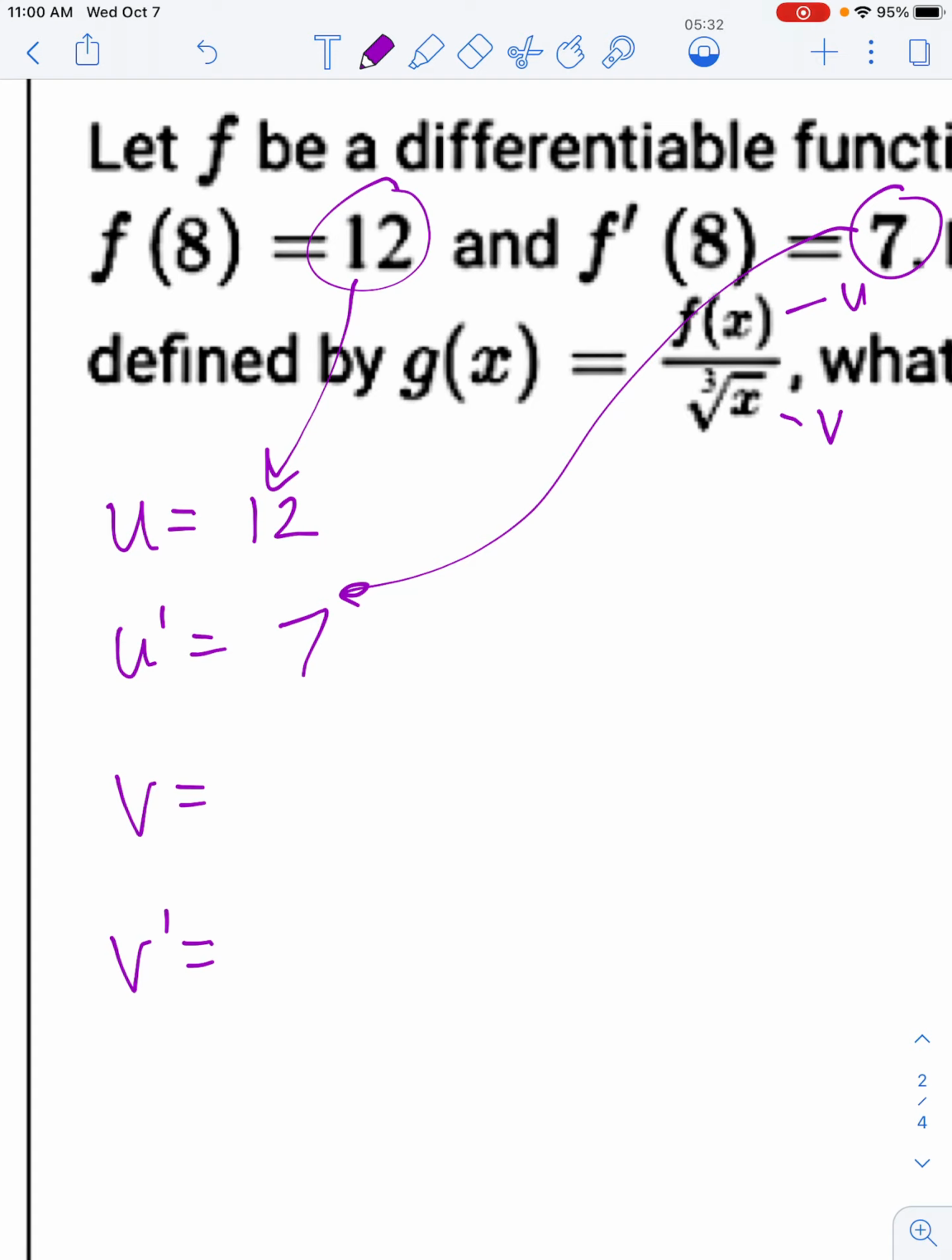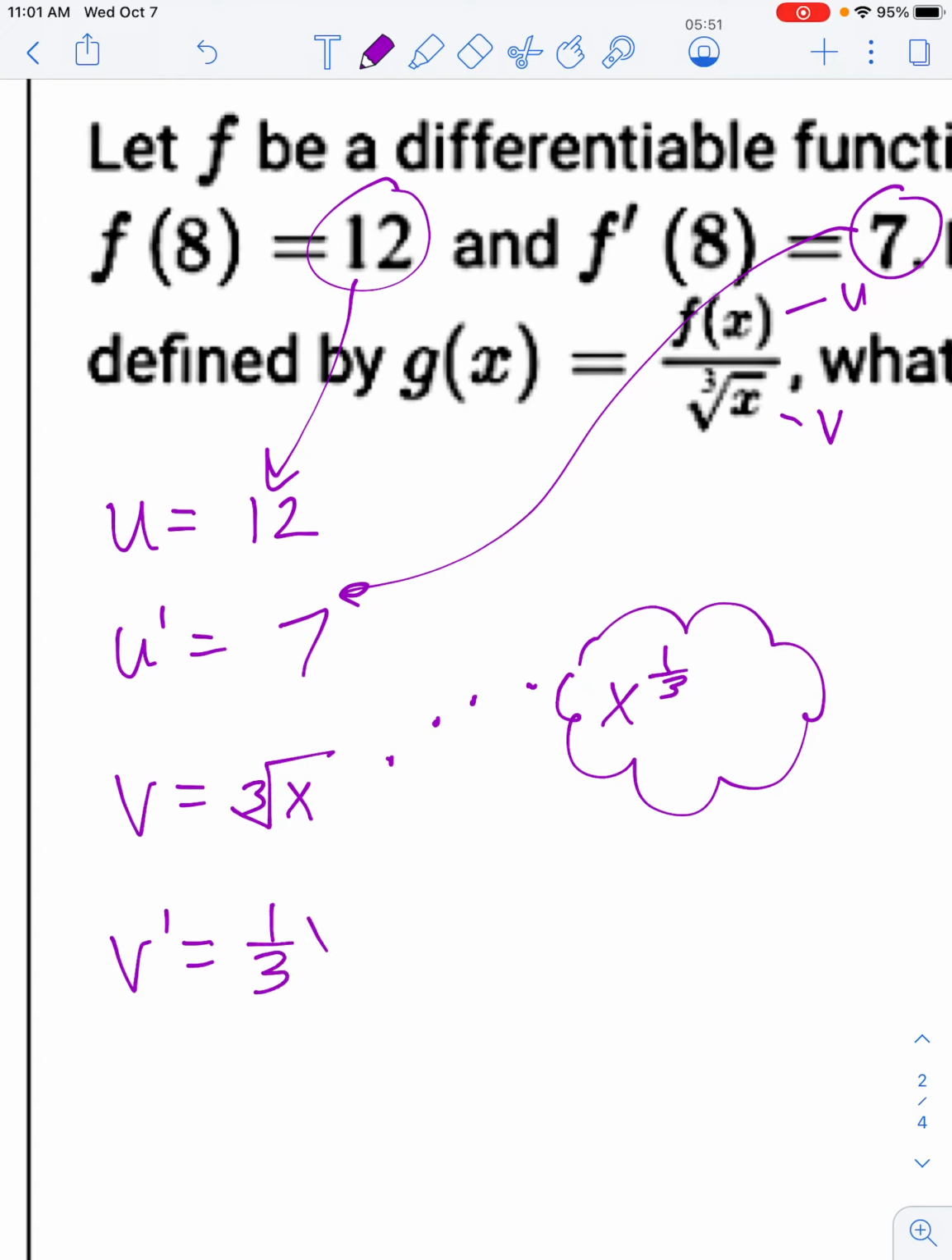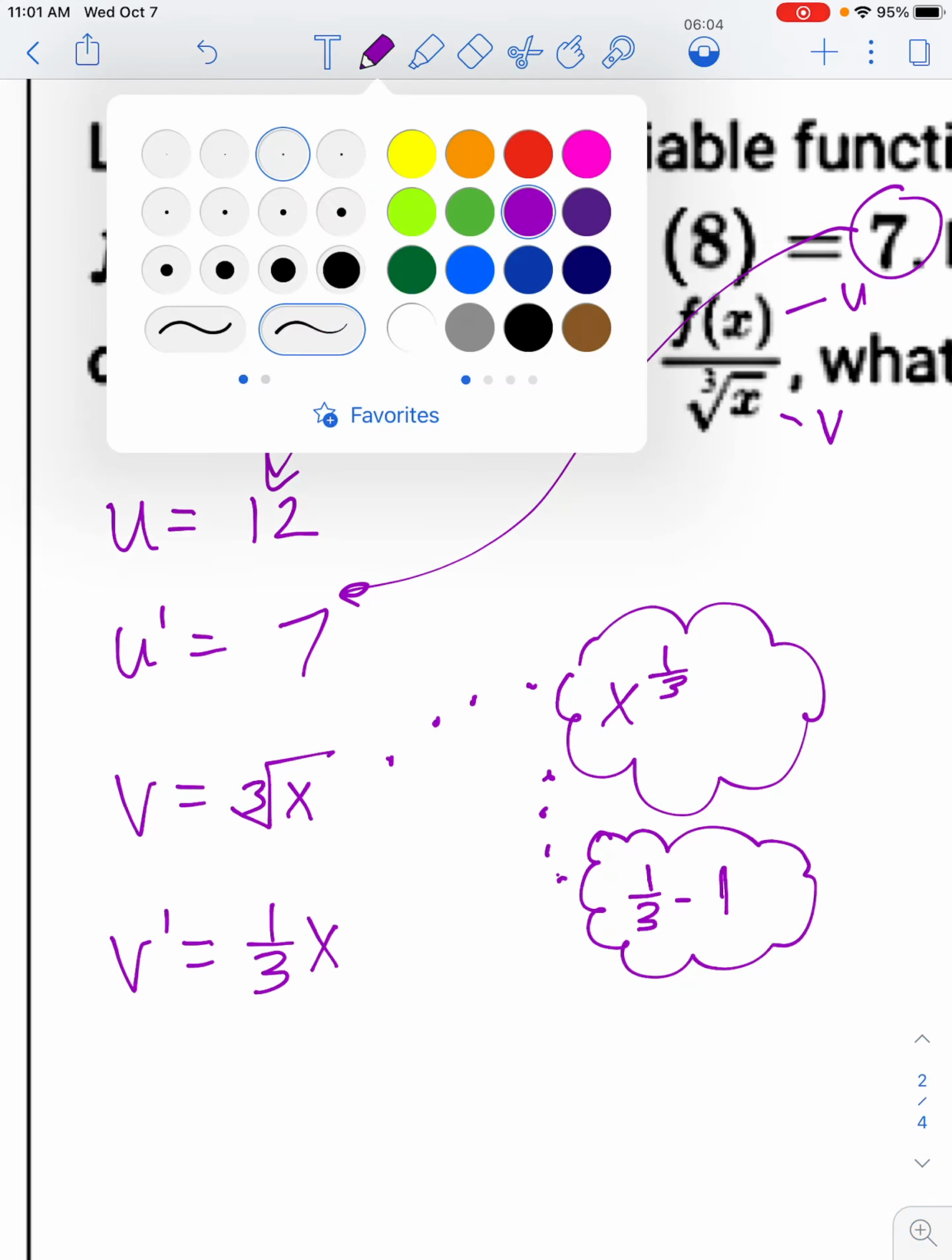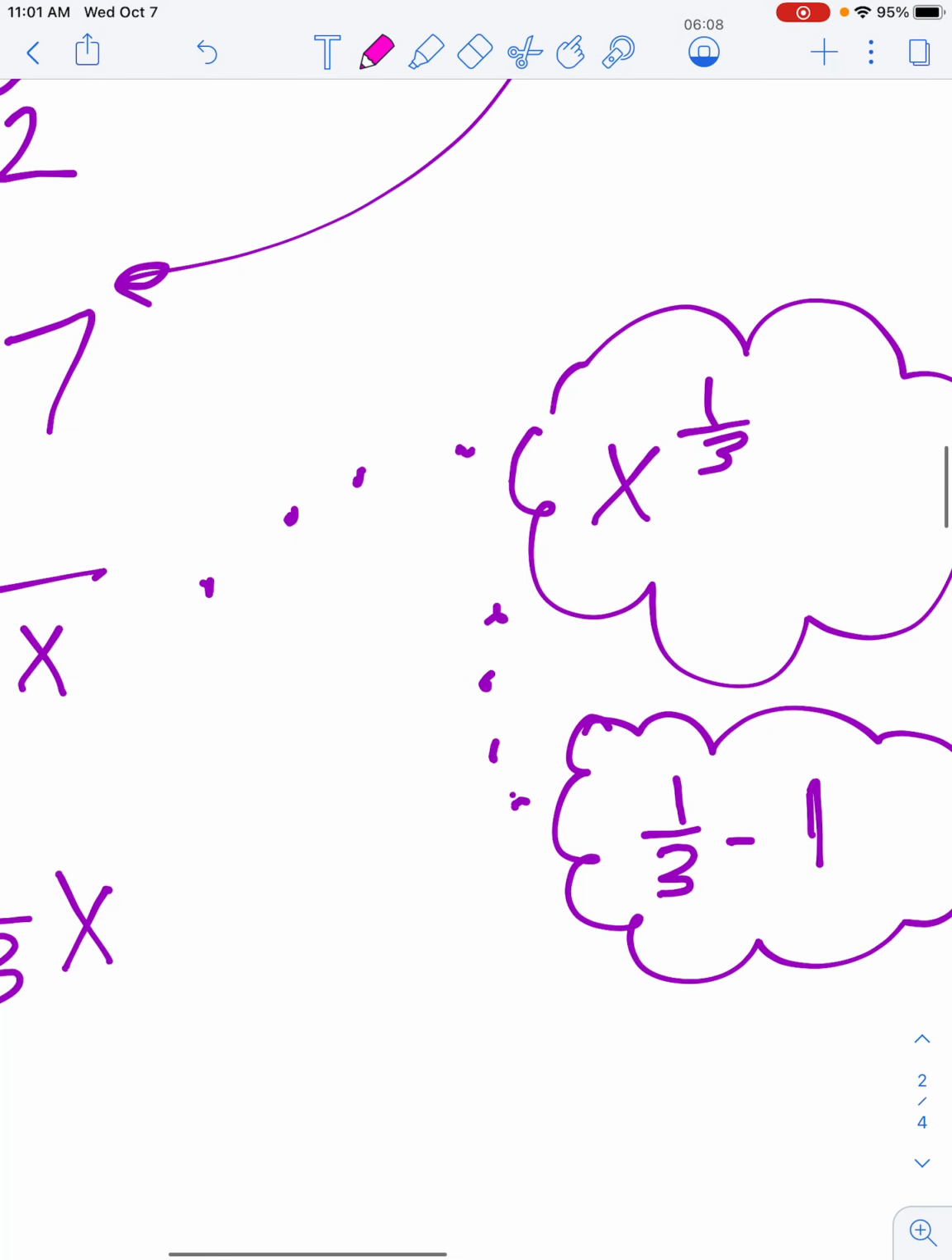Okay, so we have the cubed root of x, and that is really x to the 1/3 power. So doing the derivative on that power, I bring down the 1/3 x. Now I'm thinking, okay, new power, 1/3 minus 1, right? Well, not really minus 1, because it's tough to think of that and get an answer. So I think 1/3 minus